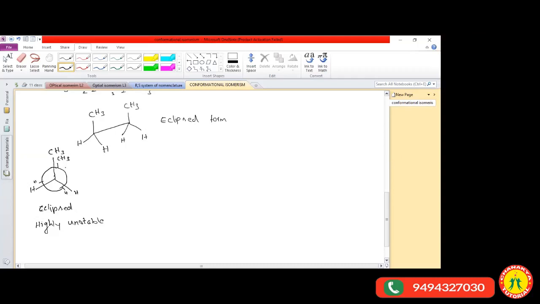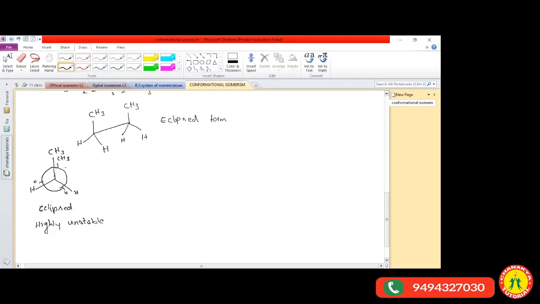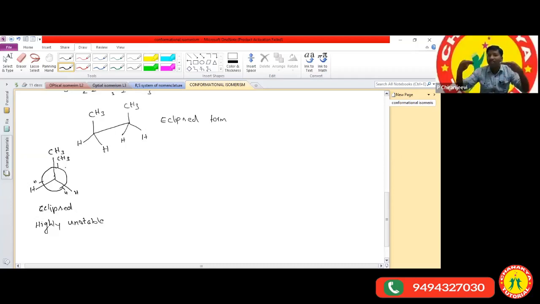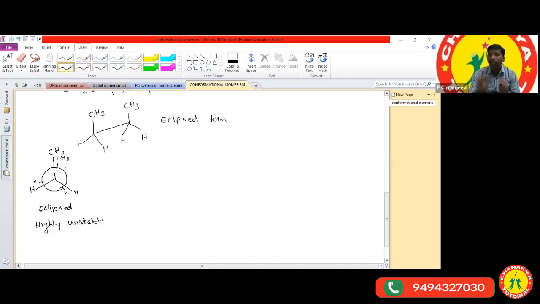Okay, if you observe that, it has a north pole and a south pole. When two north poles come close together, do they have attraction or repulsion? Sir, repulsion, and when unlike poles come together, there is attraction. So like charges have repulsion, unlike charges have attraction. So when identical atoms come close together, they have repulsion, and while having repulsion, they are highly unstable.